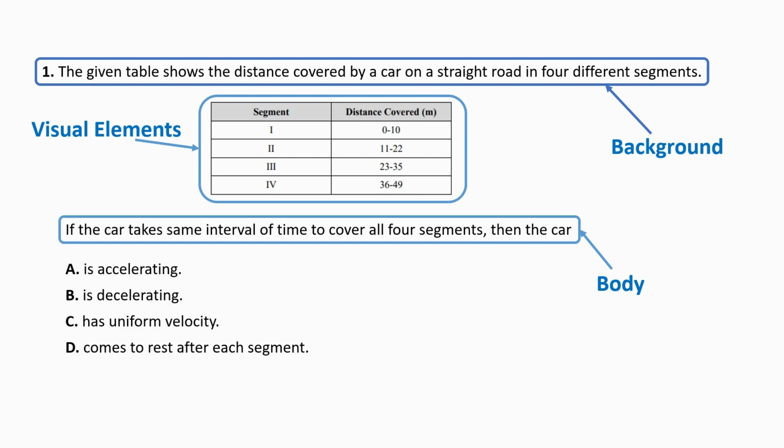So हमें करेक्ट ऑप्शन से अब डिस्ट्रैक्टेड को हमें सेपरेट करना होगा। So that means we need to focus on our visual elements. अच्छा, अब visual elements के ऊपर अगर हम देखें, so what it says is that in the first segment the distance has covered 0 to 6 meter,